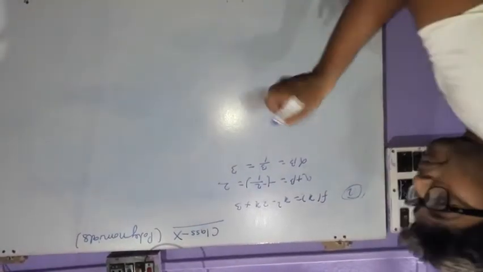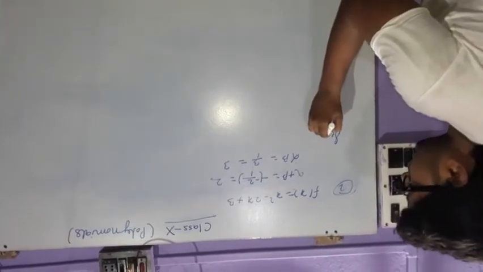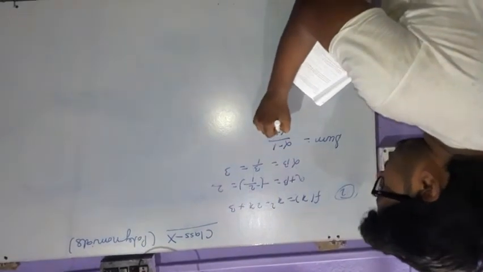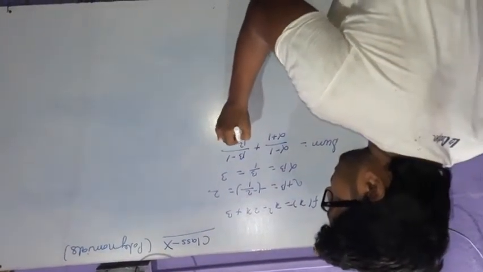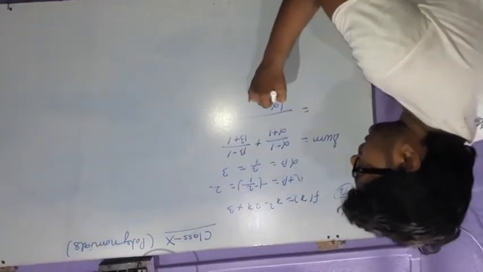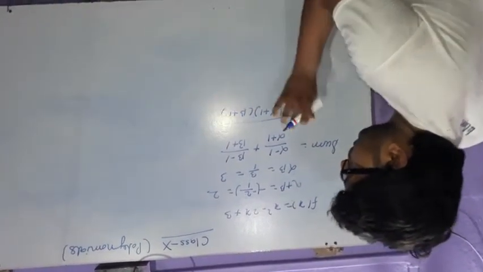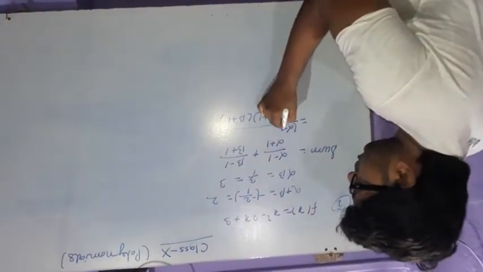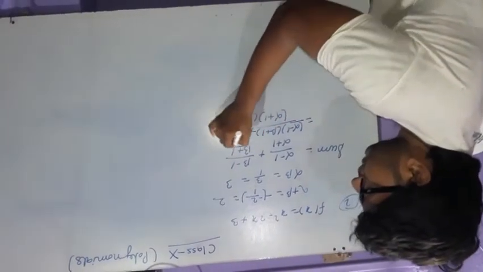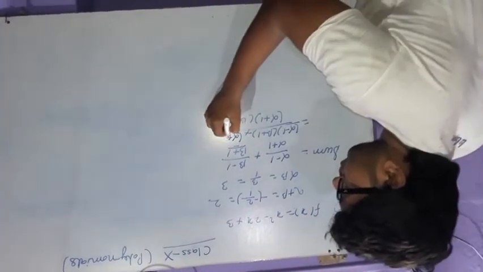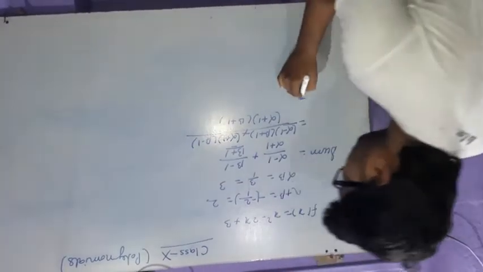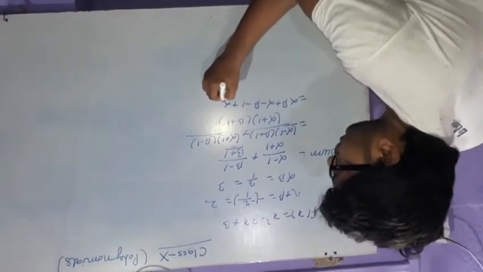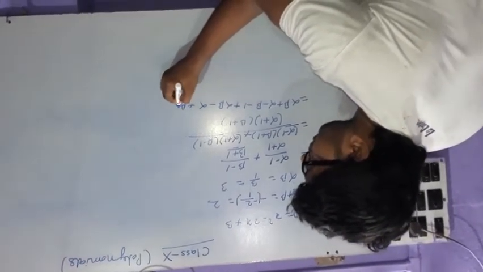beta minus 1 by beta plus 1. So we have to find the sum using the zeros. The sum will be alpha minus 1 by alpha plus 1 and again beta minus 1 upon beta plus 1. So you have to take the LCM, alpha plus 1, beta plus 1. When you divide this, it will be cut, and beta plus 1 will remain, so alpha minus 1, beta plus 1. And again when this term is divided, alpha plus 1 into beta minus 1 will remain. So multiply it: alpha beta plus alpha minus beta minus 1, alpha beta minus alpha plus beta minus 1.